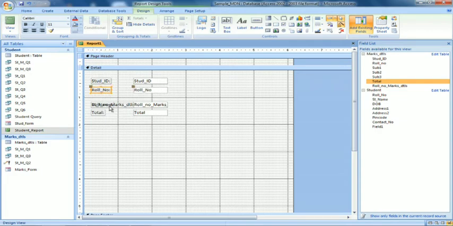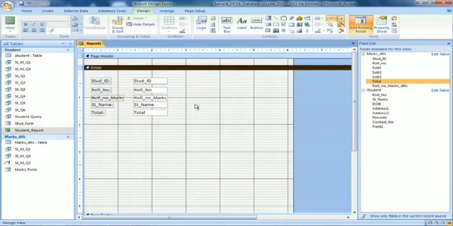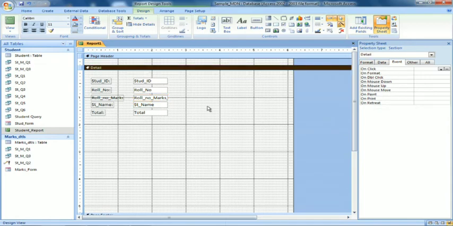Student ID, roll number, roll number underscore marks.